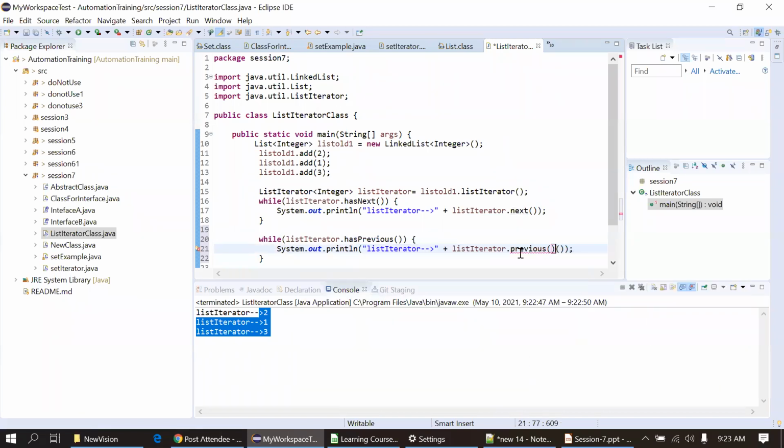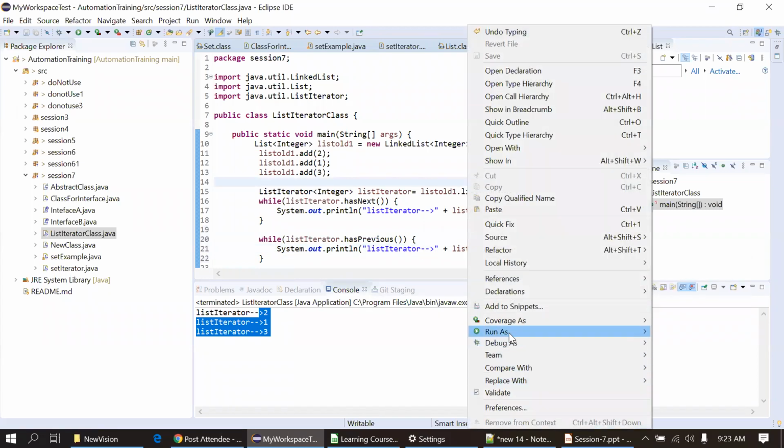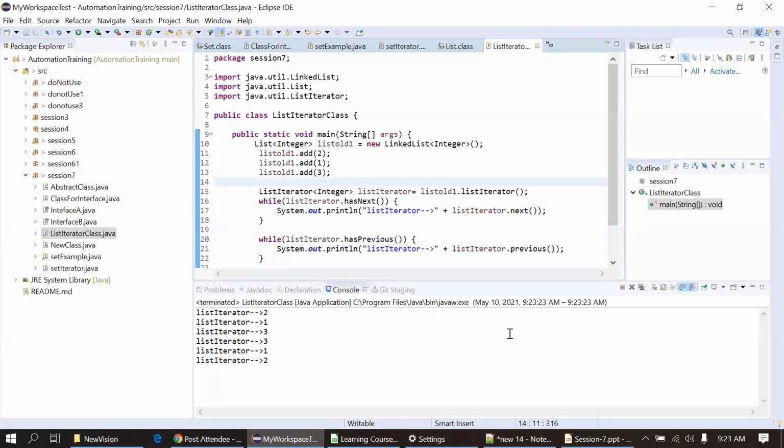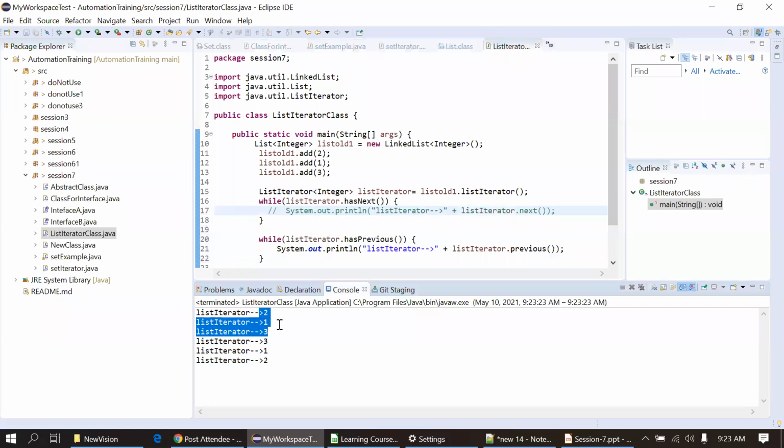So it will print the values from bottom to top. Sorry, I just commented out this line. Now you can see the first output is 213, and then from the bottom to top it is 312. It's the reverse way. It is iterating from bottom to top in the second case.